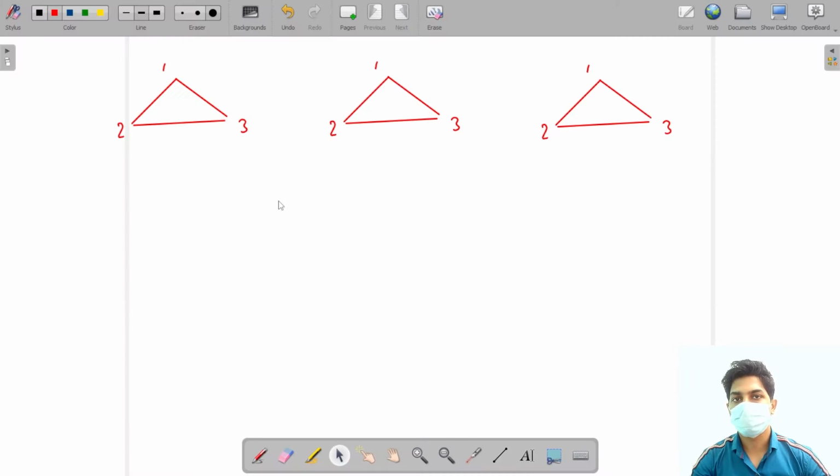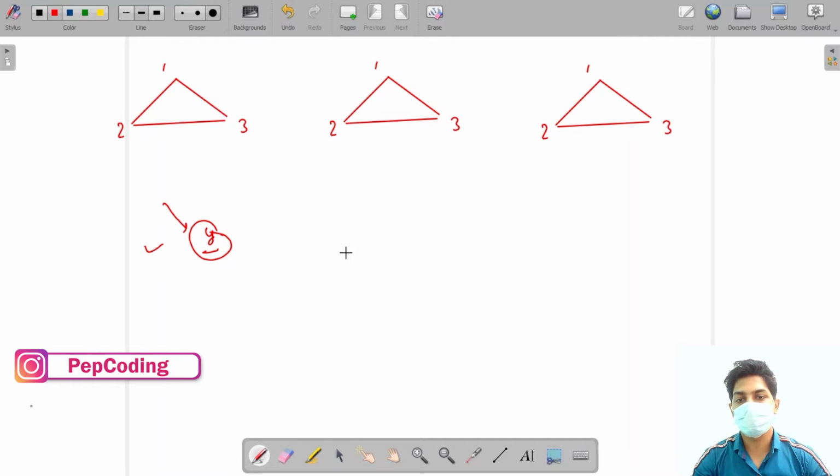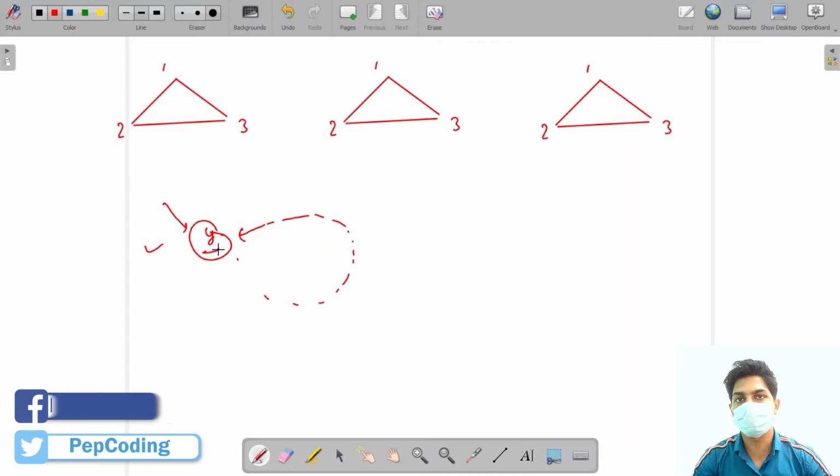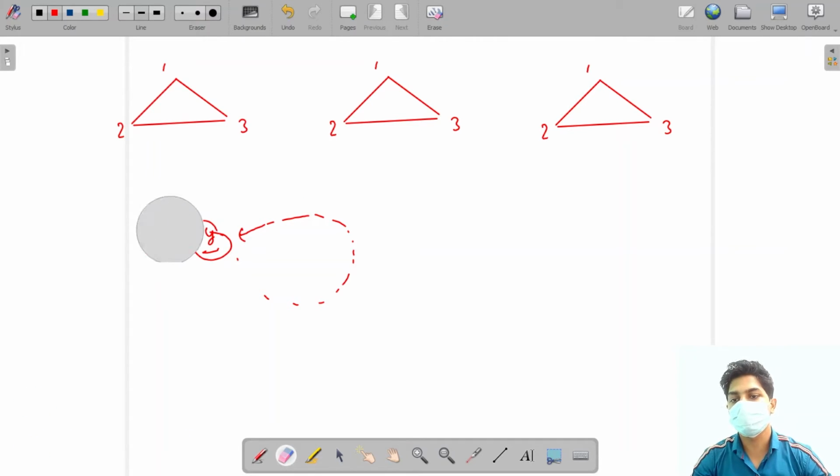Okay, so the idea is very simple. We will be given a graph. The cycle will be present in the graph only if we are visiting an already visited node. What do I mean by it is that suppose there is a node, the name of the node is y. If we have visited this node earlier in the past, and then after traversing some other nodes we are again able to visit this node, then it means there is a cycle. Now let's see what I mean by it.